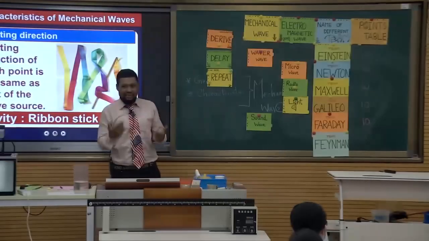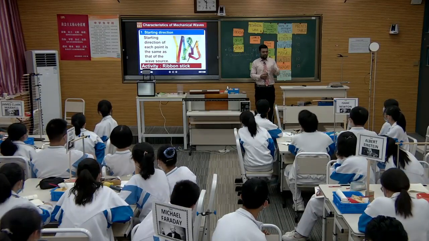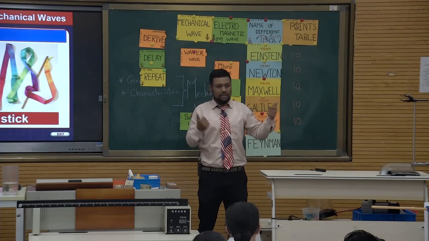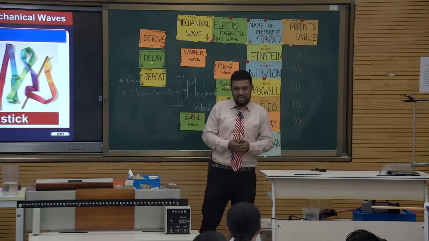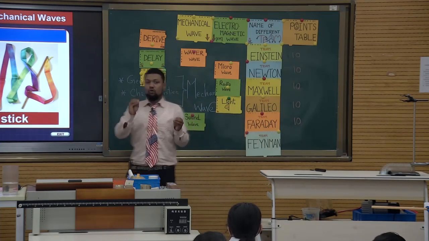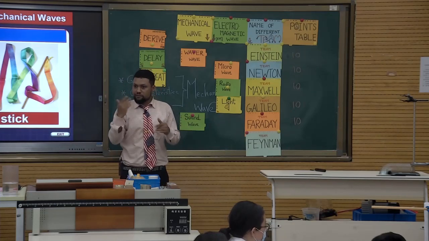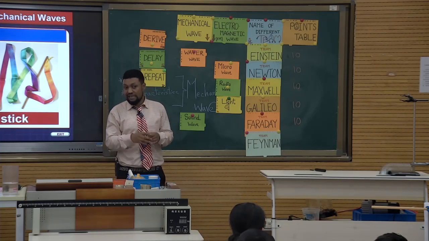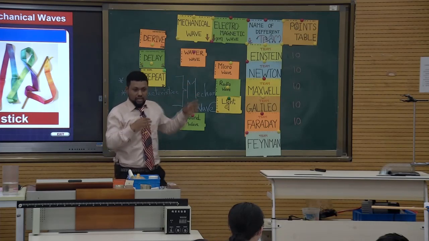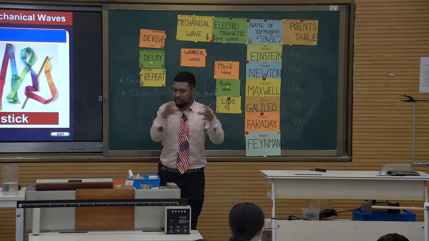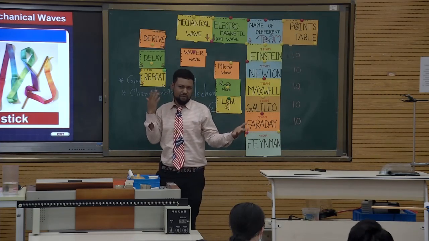Now let's go for the characteristics of mechanical waves. Like the character of a person, the character of anything, right? So we are going to define the characteristics of these mechanical waves. Here, all the group members, you will do some activities. Already I had given it to you. I'll just explain shortly how you need to do it. Then you will find the characteristics. I am not going to write it on the board. You will do some experiments. You will discuss among yourselves, you will decide, and then you will come to me and say, okay, sir, maybe this is the characteristic.